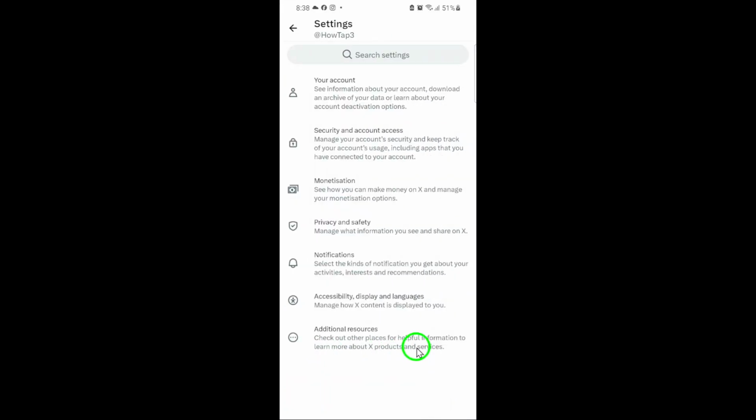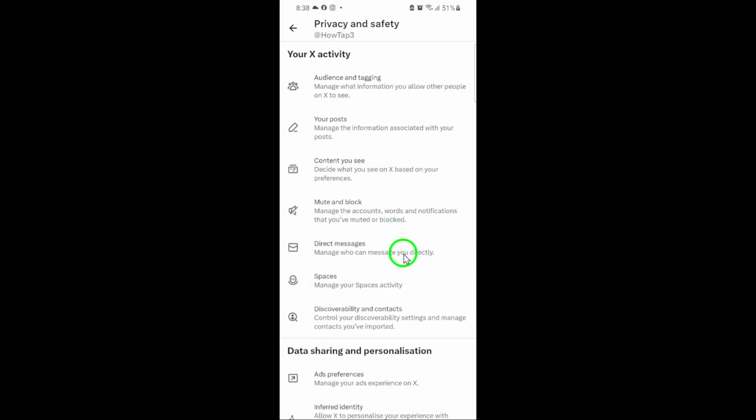From here, scroll down and select Settings and Privacy. This section is where you'll find all the controls for customizing your experience on X. Next, tap on Privacy and Safety. This is the area dedicated to managing what you see, who can interact with you, and how your data is